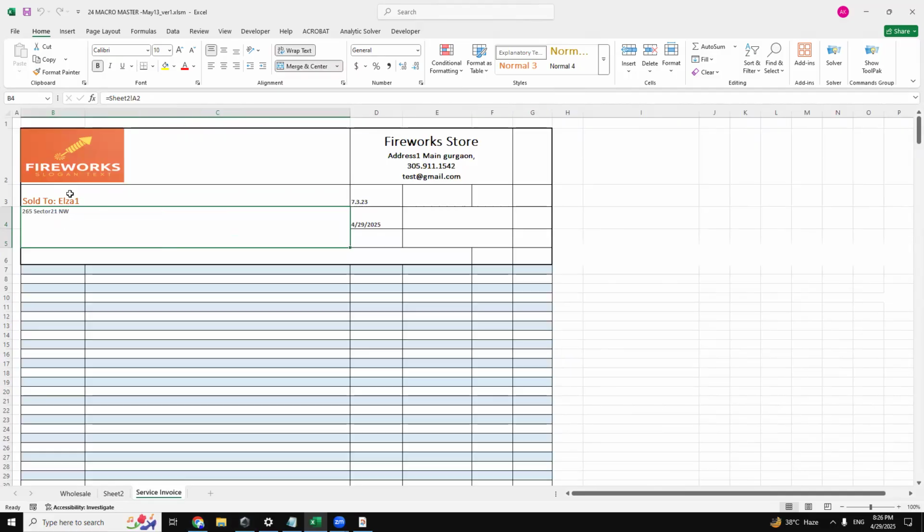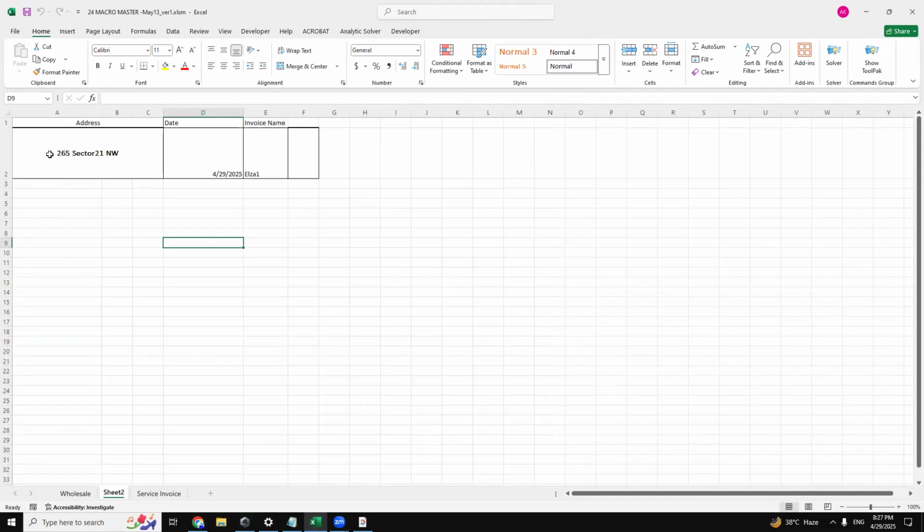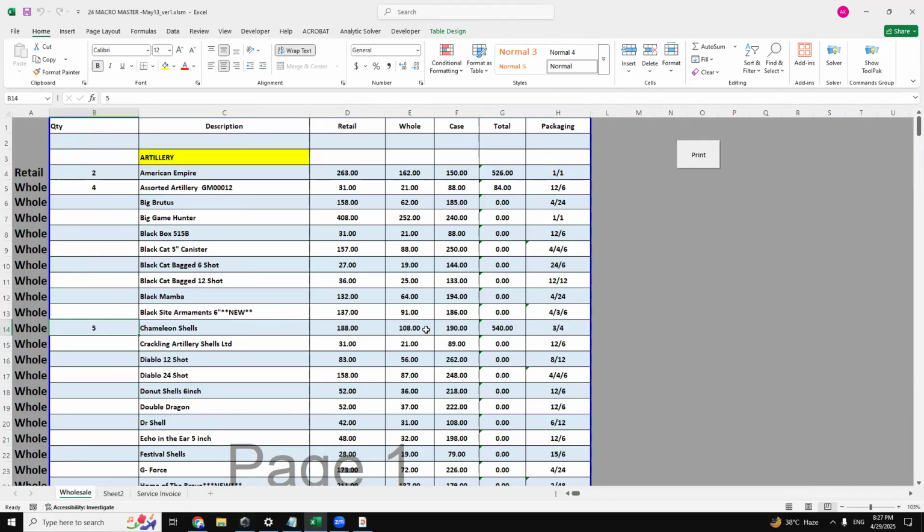This cell and this cell, they all get generated automatically once we fill in the information here. So it's very simple to use, and we can generate as many PDFs as we want using this